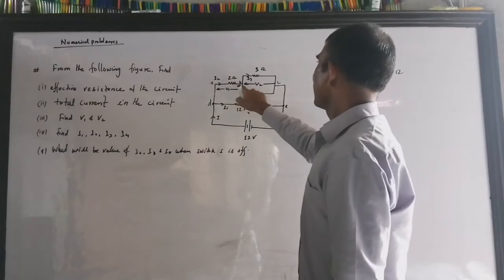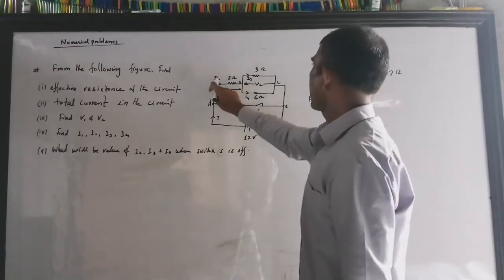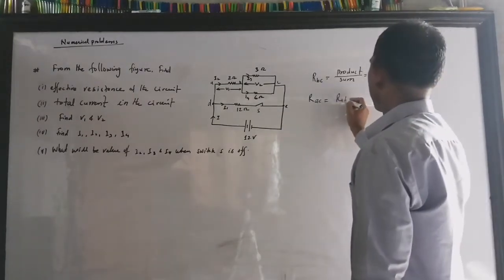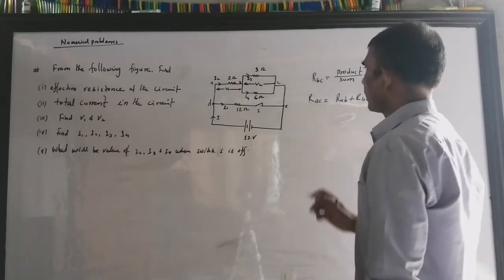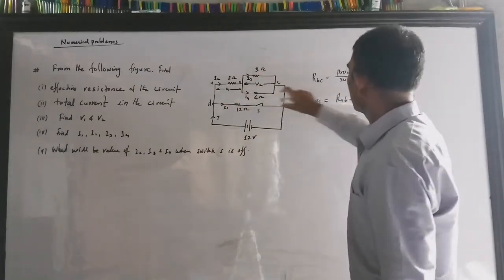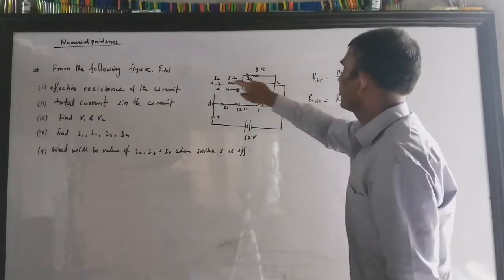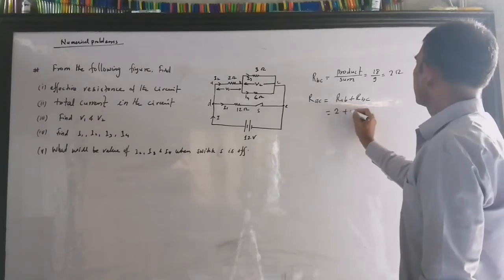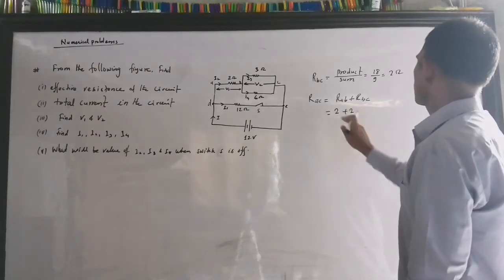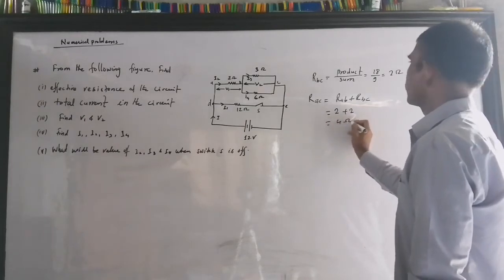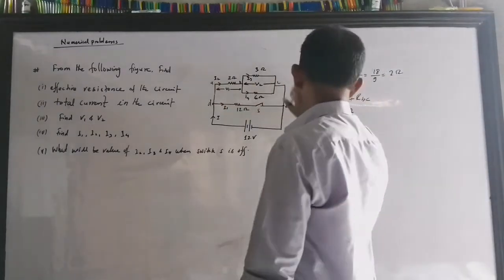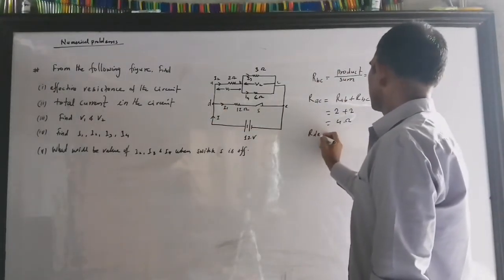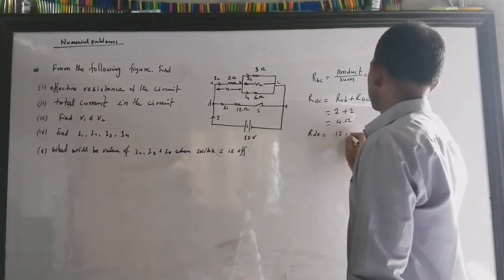And you know that A to B is 2 ohm, so I can directly find the resistance from A to C. R from A to C will be equal to R AB plus R BC. Why? Because these two become a single one, and those two are now in series. So R AB is 2 ohm, and R BC is also 2 ohm. So 2 plus 2 is 4 ohm. The overall resistance from A to C is 4 ohm. Now D to E is given as 12 ohm.